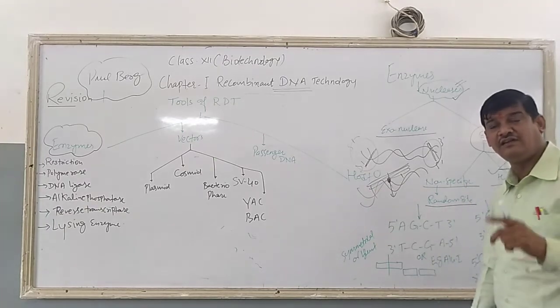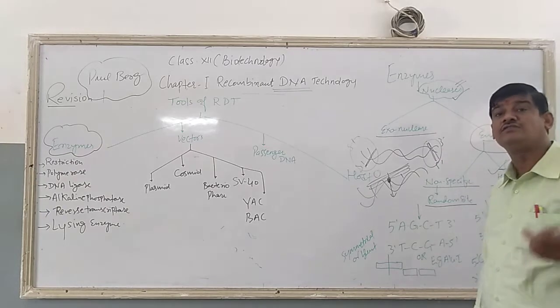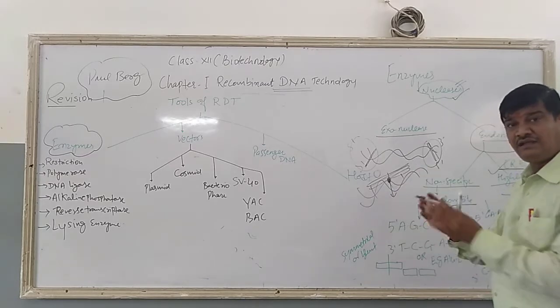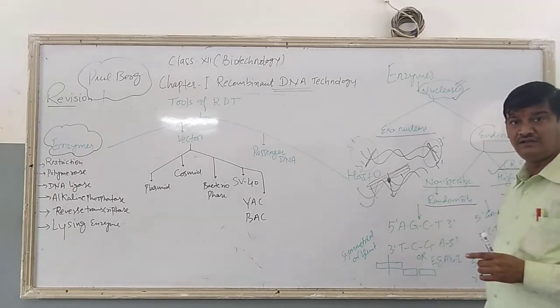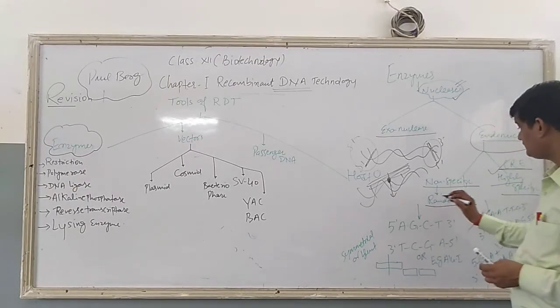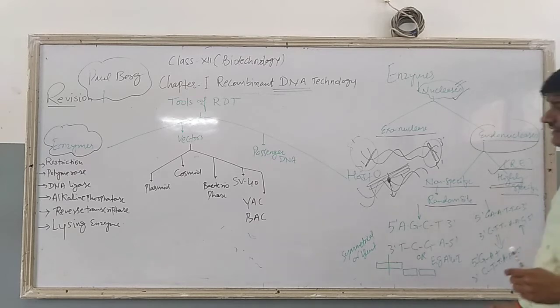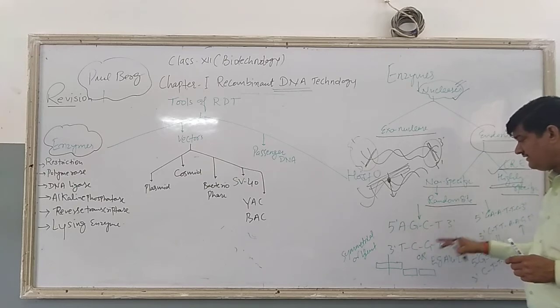One question is raised here: in what fashion or manner does the restriction enzyme work on the DNA? Restriction enzymes work on the DNA by cleaving or cutting the phosphodiester bond of the DNA, which is also known as the backbone of the DNA. So there is the highly specific restriction endonuclease and the non-specific random site. Here a peculiar site is required to cut the DNA. Again, if it is any DNA strand,